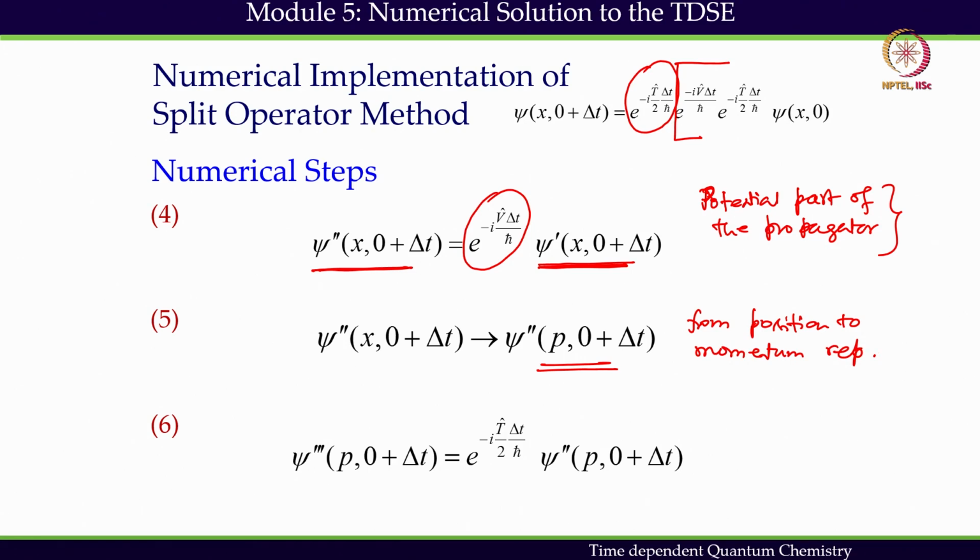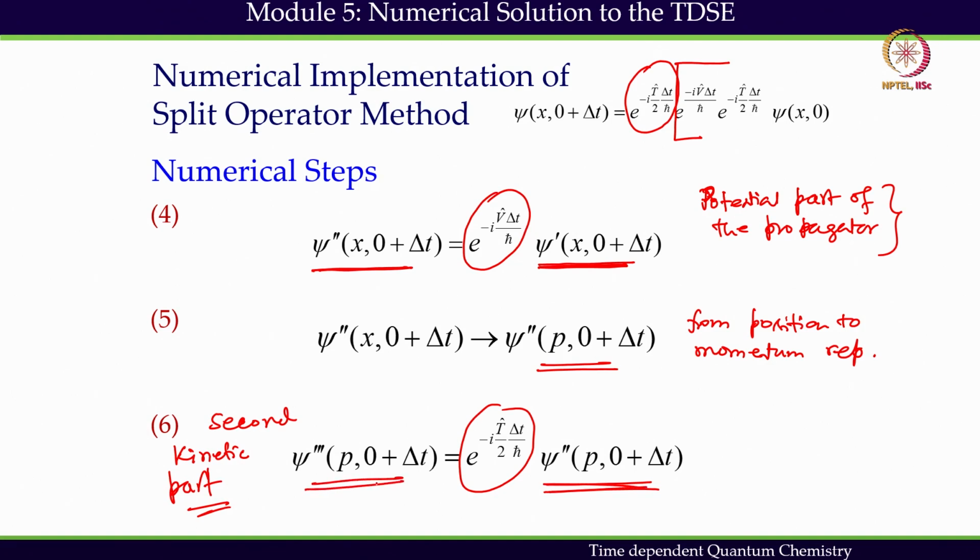Once I represent it, then I can employ the remaining part of the kinetic part, the second kinetic part, and I can get this propagation due to this second kinetic part in the momentum